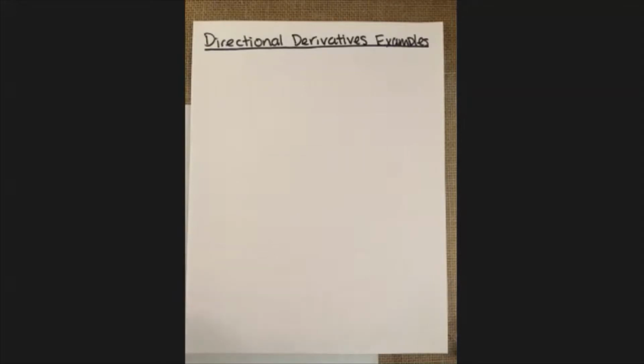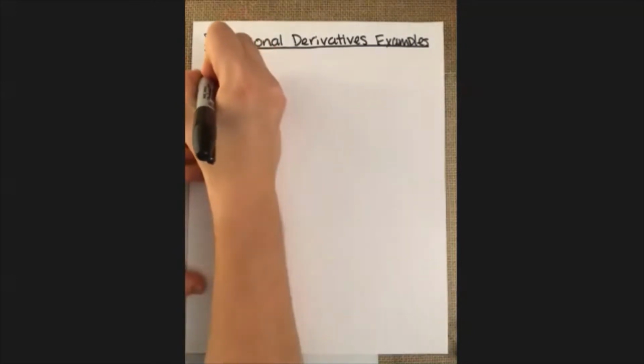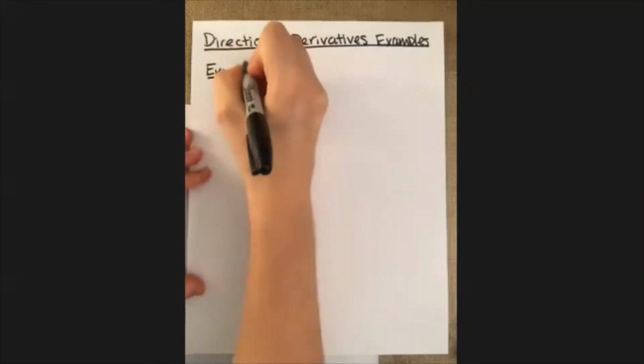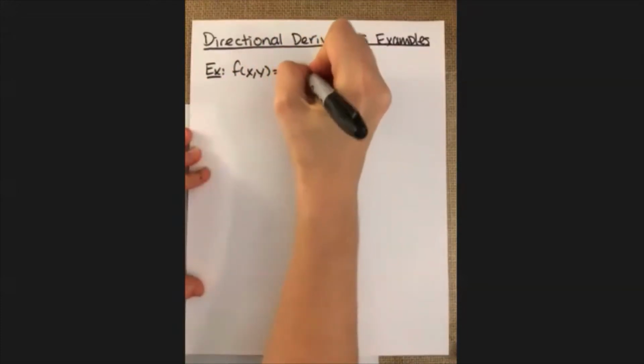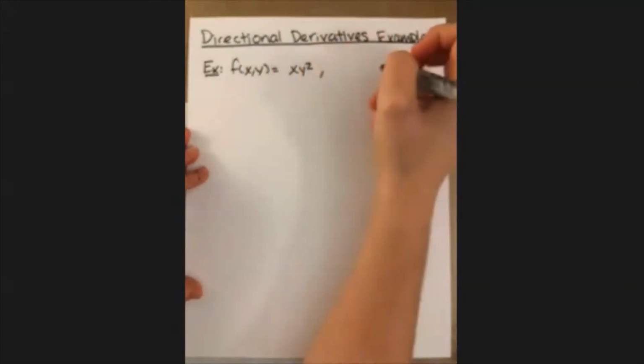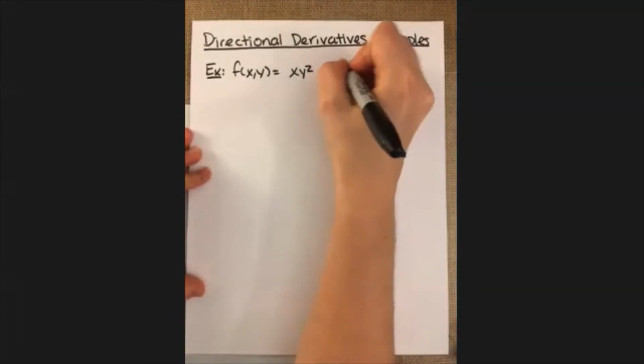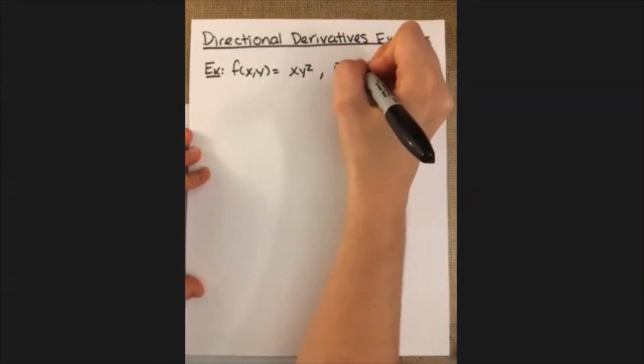Welcome back. In this video, I wanted to cover just a little bit more detail in several examples of how a directional derivative works. So our first example is going to be f of x, y is equal to xy squared. And we want to know about the directional derivative in the direction of the vector v equals